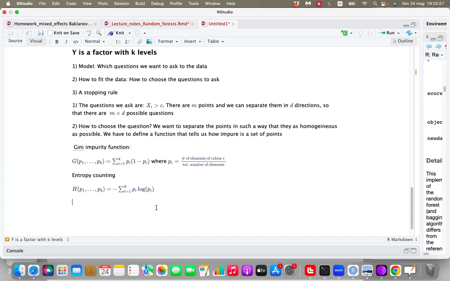So you can choose your preferred impurity function. So once we choose our favorite impurity function, let's call it IF,